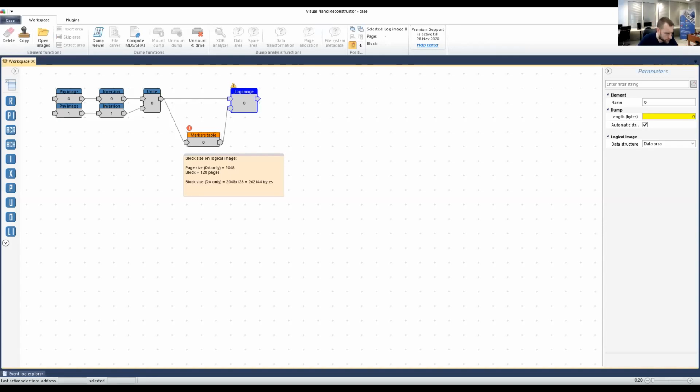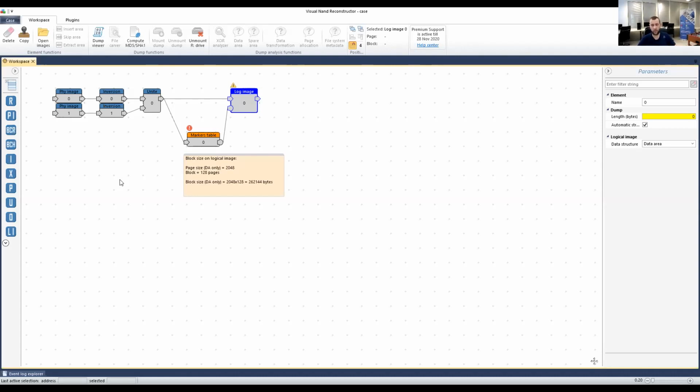So, anyways, basically you remove all of the steps up to the mark stable and up to block translation